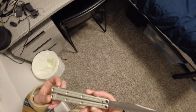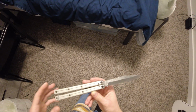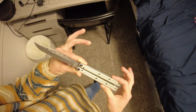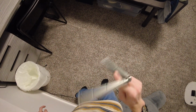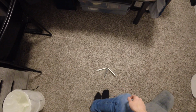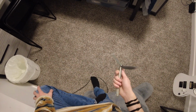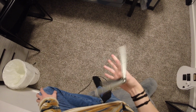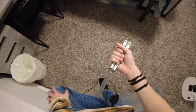Damascus Kraken number 23. I remember someone made a comment maybe a week ago that I forgot to answer. It is number 23 of 40. I am the original owner, which I do wonder. It's an interesting statistic that I would like to know, how many of the people that bought one of these things at Blade Show still own one, or how many people scalped them, which I'm sure is the far more likely answer. Because to just buy one of these to make a buck off of is